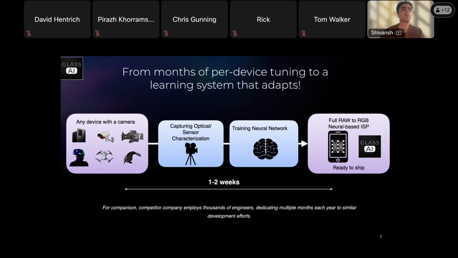And the agenda of this, I would reiterate, is we want to bring the development cycle from months of per device tuning to a learnable system that adapts itself. By doing so, you can bring down these months of per device tuning to just a couple of weeks of tuning, which is very efficient in terms of back and forth with the customers.